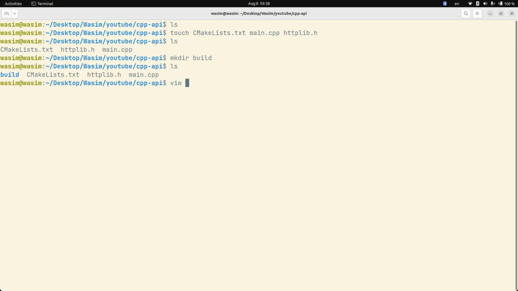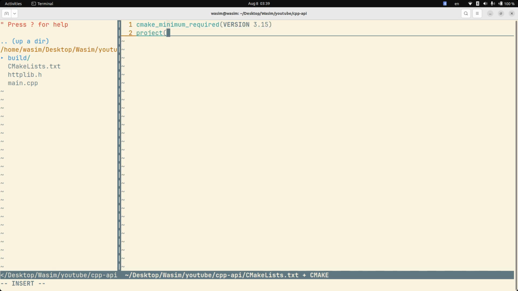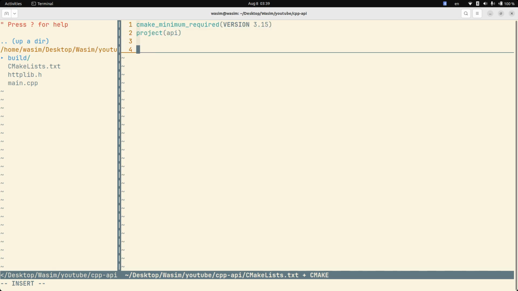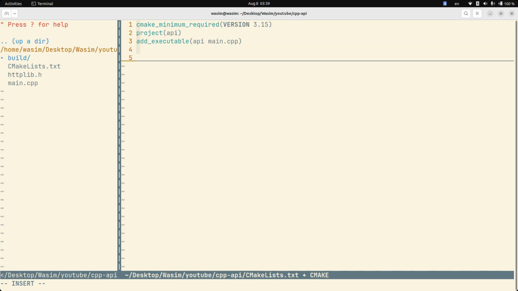Cool. And let's start with the CMakeLists.txt. I'm going to say cmake_minimum_required. I just switched my keyboard, so I'm making a lot of errors. I'm going to say 3.15 and give a project. I'm going to give it API, and I'm going to say add_executable. We'll define the executable as API and say main.cpp as our starting point, and we need to include the